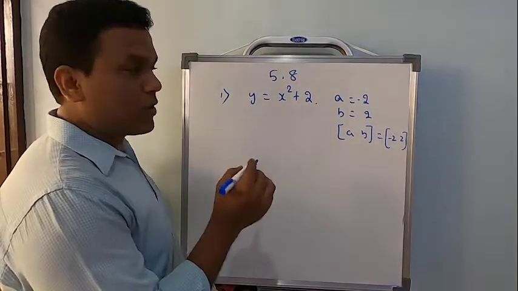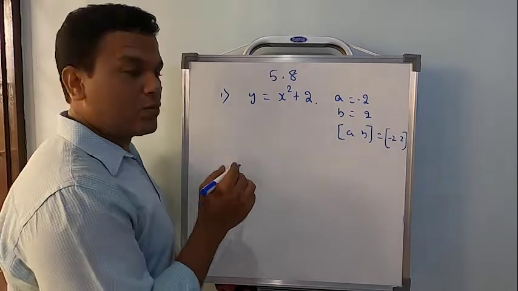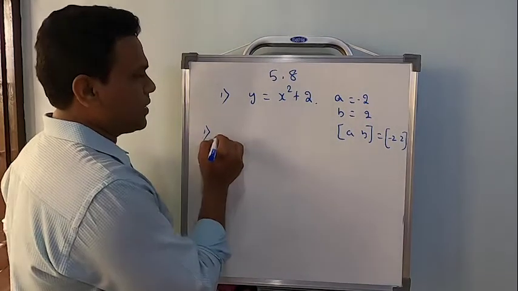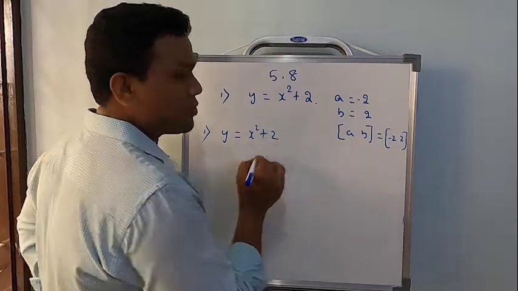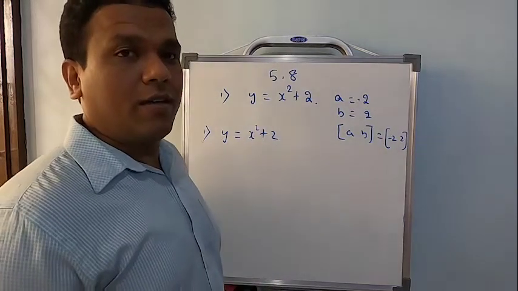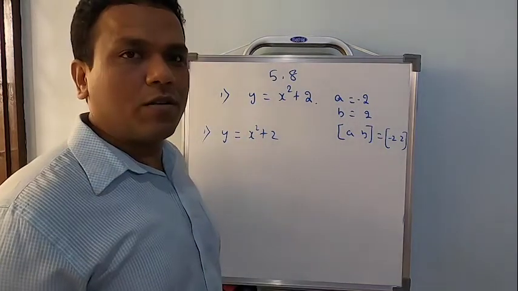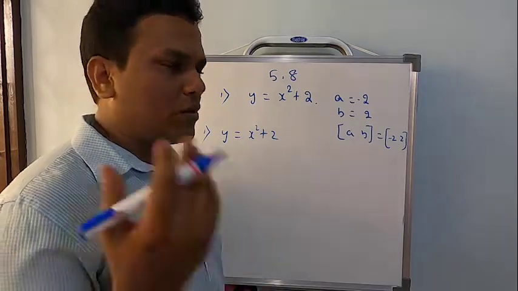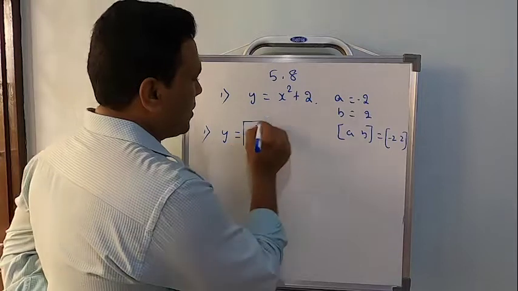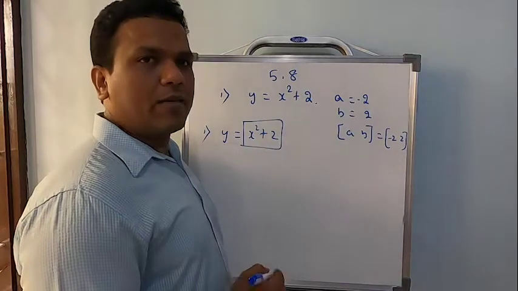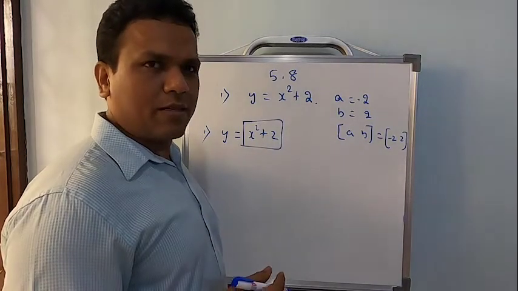You have to start by writing down all the 3 conditions one by one. You have to mention the first one. What have they given? The function. What is the function here? X square plus 2. How to check continuity? Please do not go to the procedure of checking the continuity of the function. It's a very long procedure. I will teach you the simplest way. Every polynomial is continuous. Just give one statement, that's enough.